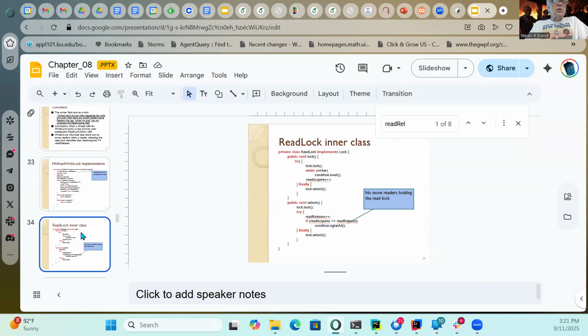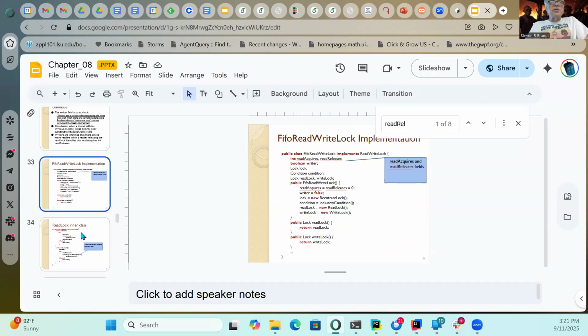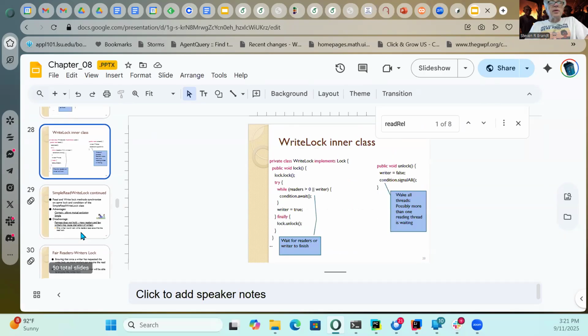So if we look at the original code, let's go back to the original code. The question I wanted to ask is, what would you change in this class to give it the property we went through, that once a writer is in place, the readers stop getting the lock?